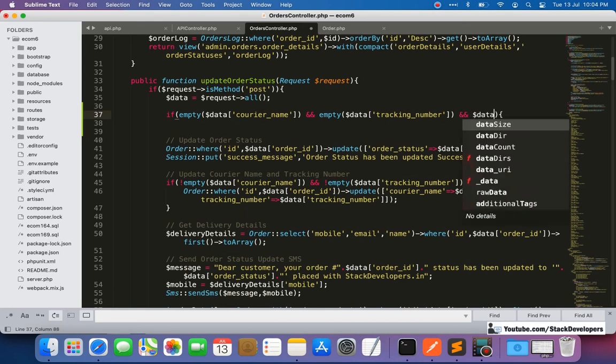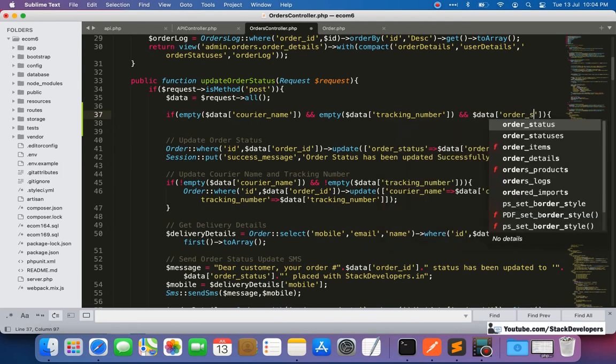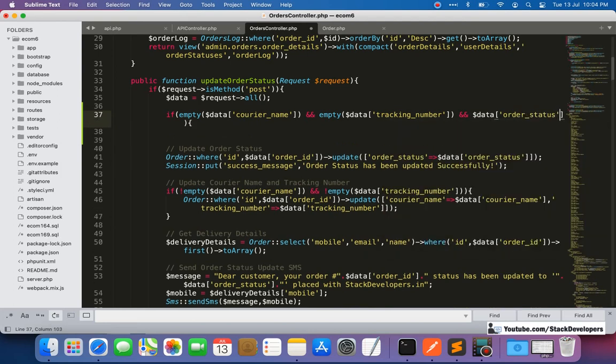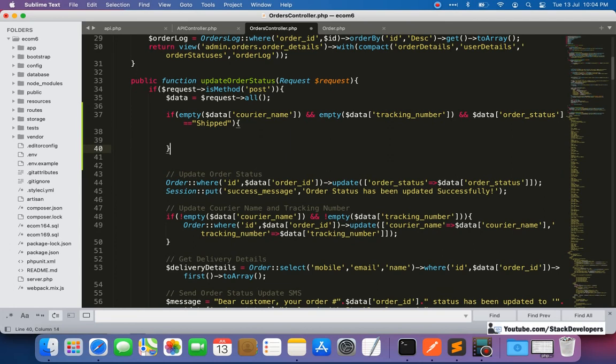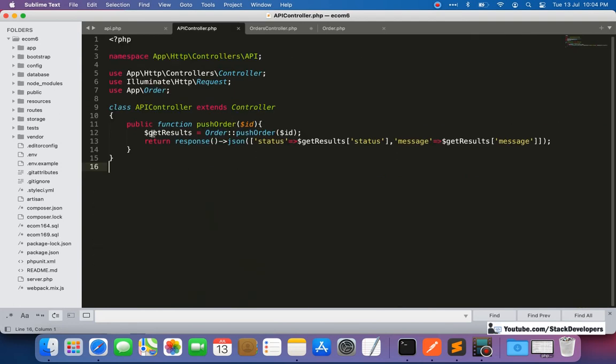the order status is coming as shipped, in this case I want to call that same function, so it will be really easy now.